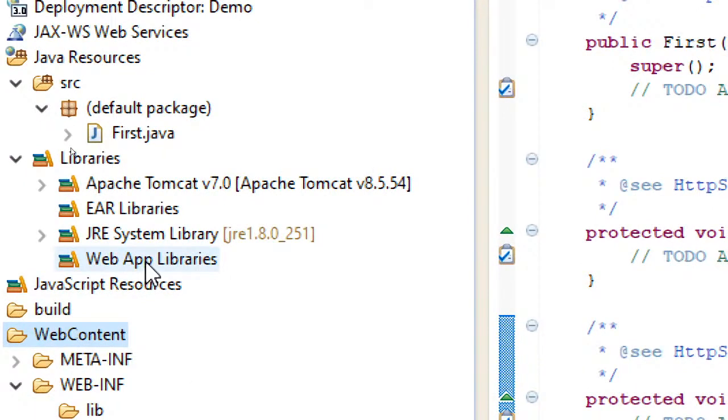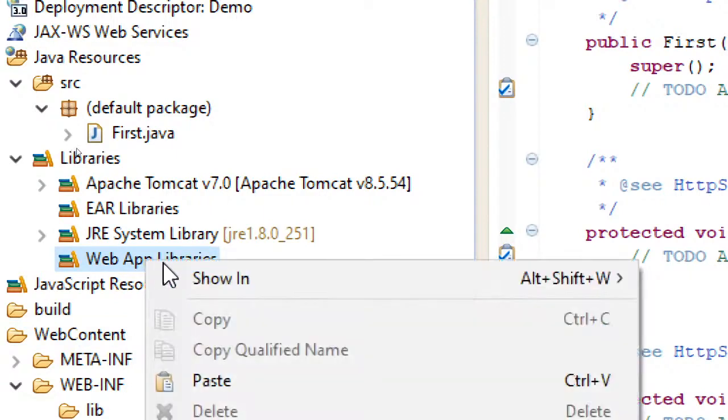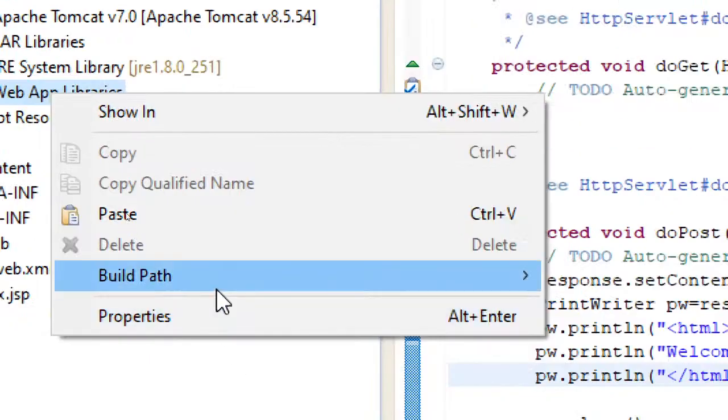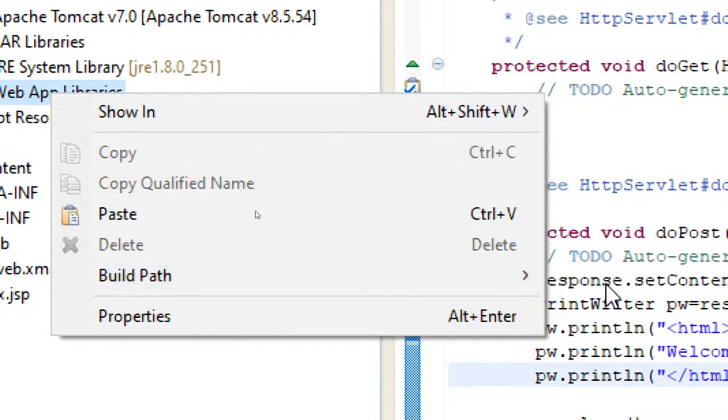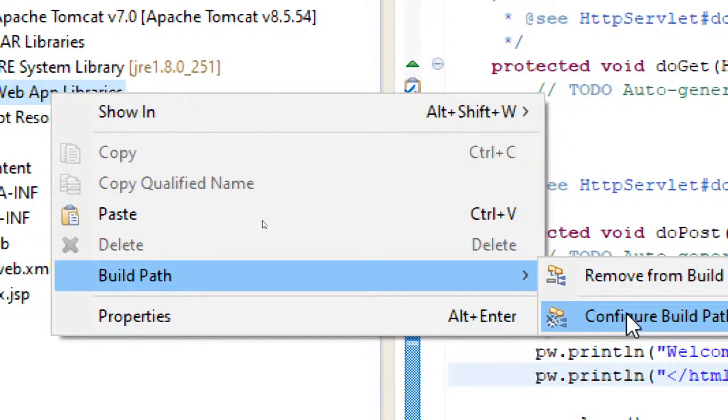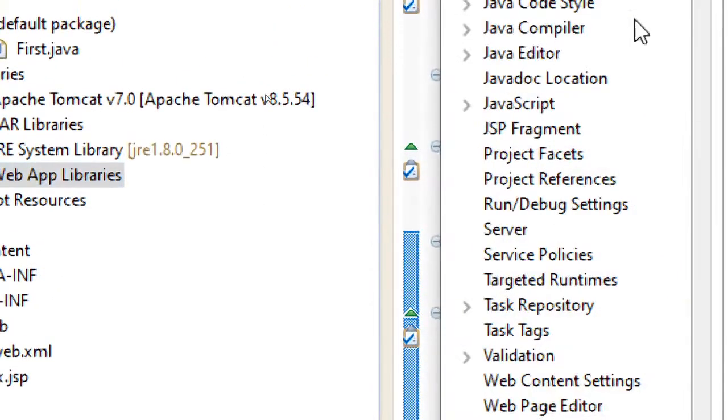So I'm just trying. Here under libraries you can see web app libraries directory. There you can right click, go to build path, and then go to configure build path.